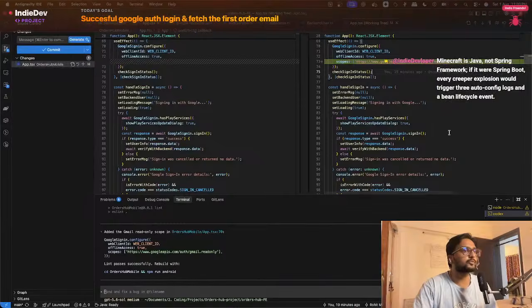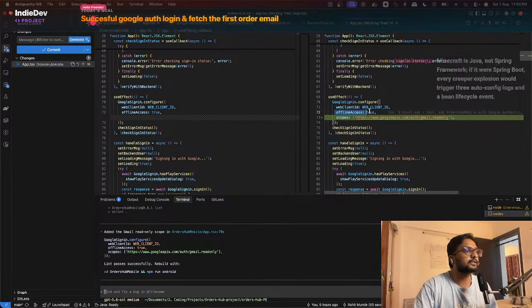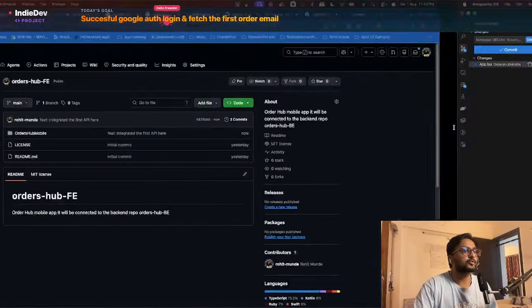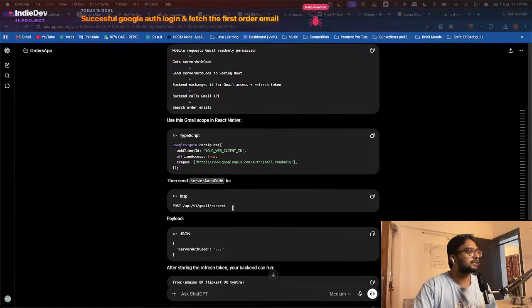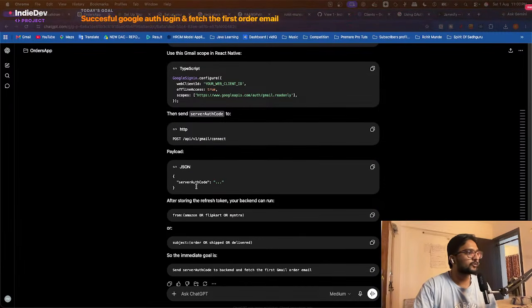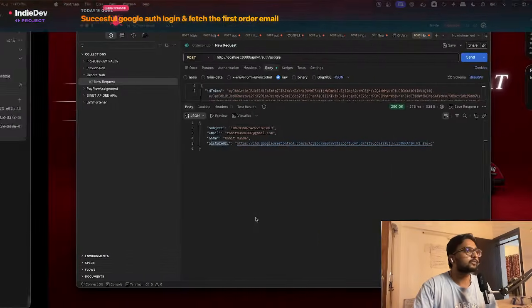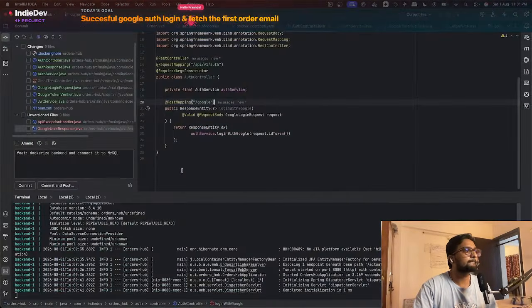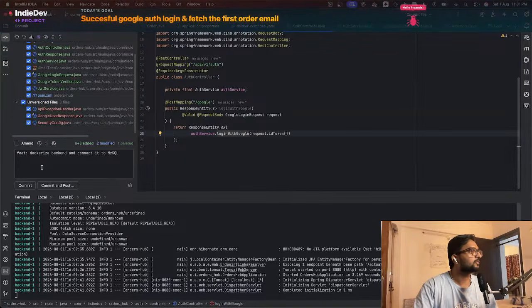Okay, this scope has to be added here. Use effect, offline, web client, and the scope read only. Then send the server auth code to this. So I have to use this in the backend now. Ask this in the backend. So let me push this to